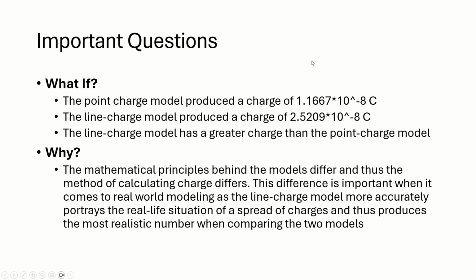So the important questions, the what if. The point charge model produced a charge of 1.1667 times 10 to the negative 8th coulombs. The line charge model produced a charge of 2.5209 times 10 to the negative 8th coulombs. So the line charge model just simply has a greater charge than the point charge model. Additionally,